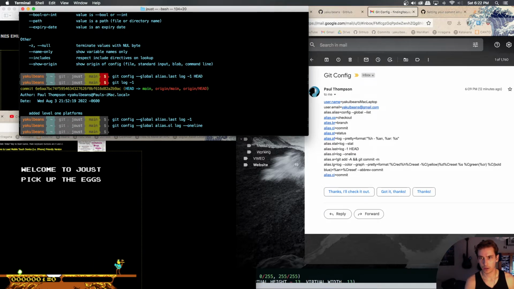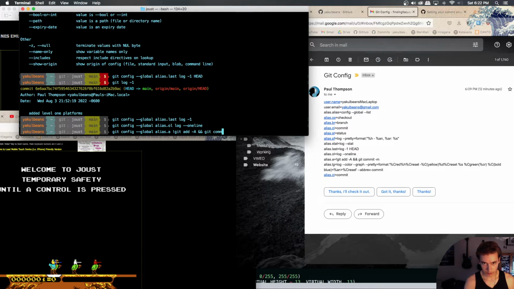And then we want, here's the big one that we're going to use all the time, git a, which is like a super commit because it adds everything to the staging area. And it's also with a message. We still have to put the quotes for our message, but